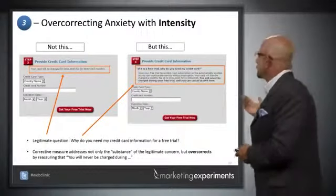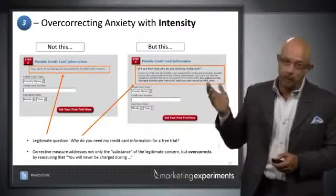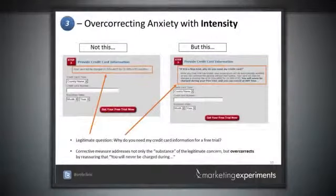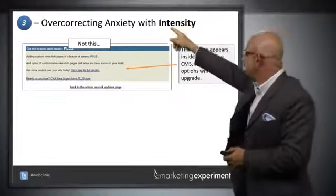That's neurolinguistic programming, Bandler and Grinder. Bandler and Grinder, for those of you who know what I'm talking about, all the way back to Erickson, long before Anthony Robbins came along. No offense to Anthony. But it is your internal representation of this. Notice next to, your card will then be charged a monthly fee of X dollars, and you will never be charged during your free trial, and you can cancel at any time, and the word any is capitalized. The difference is remarkable. Let's look at, again, not this,